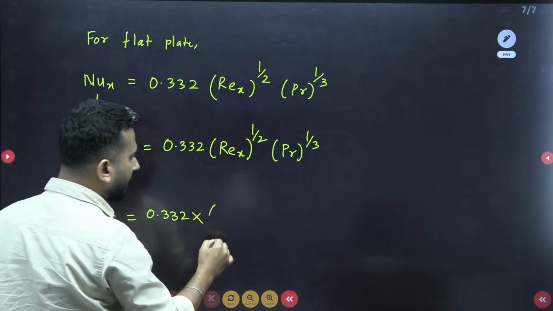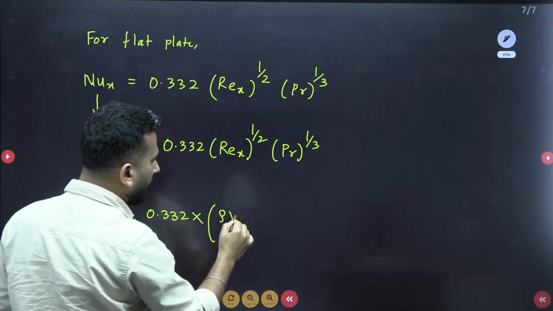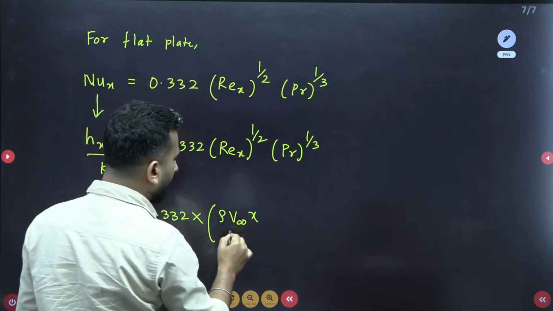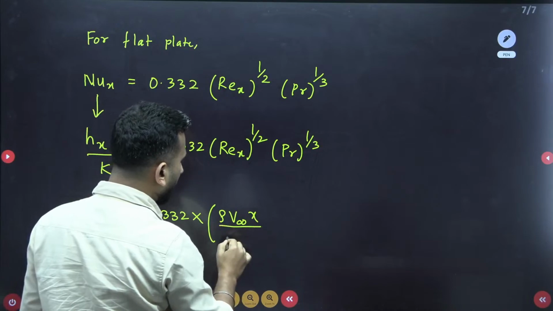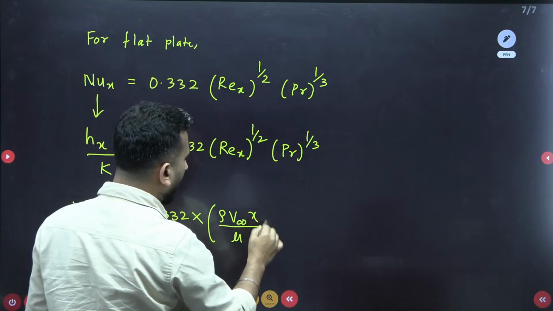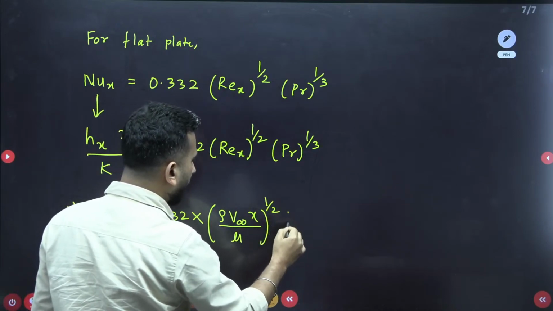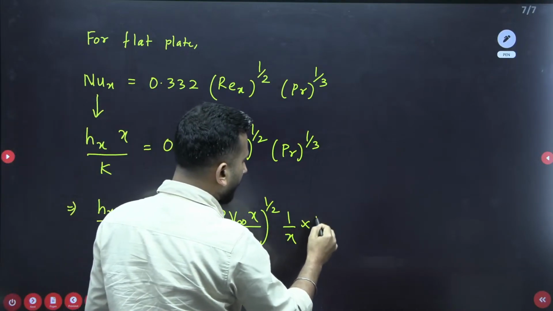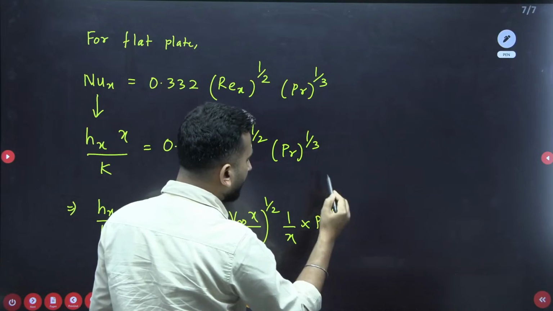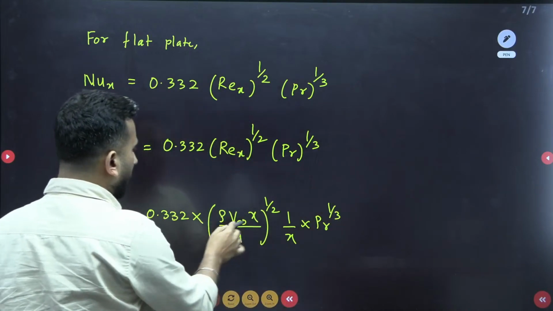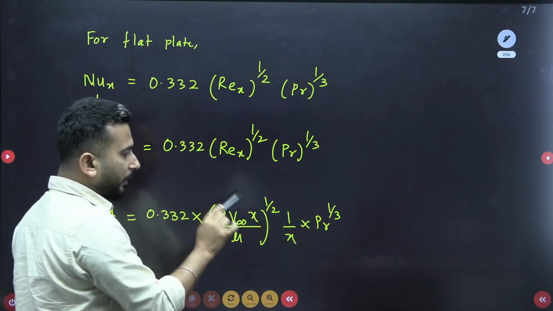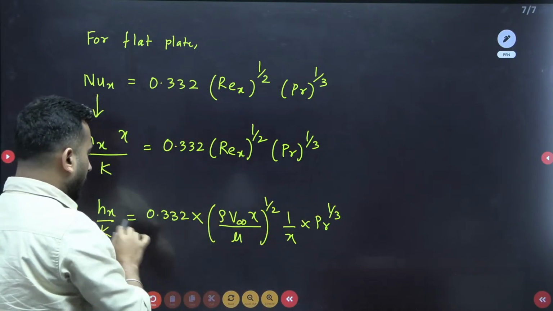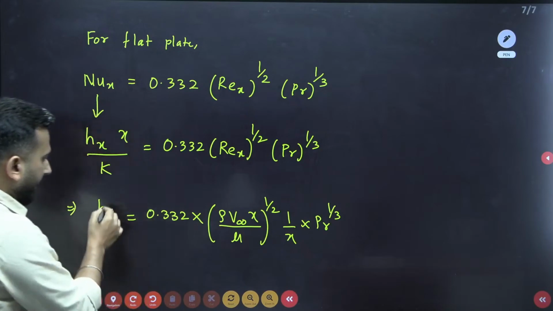What is Reynolds? Reynolds is rho V infinity x by mu, the ambient velocity, to the power half, and again 1 by X, I have brought this X over here, into Prandtl number to the power 1/3. So this is X to the power 1/2, this is X, and if you consider all these values to be constant, and if I want to know the variation of Hx